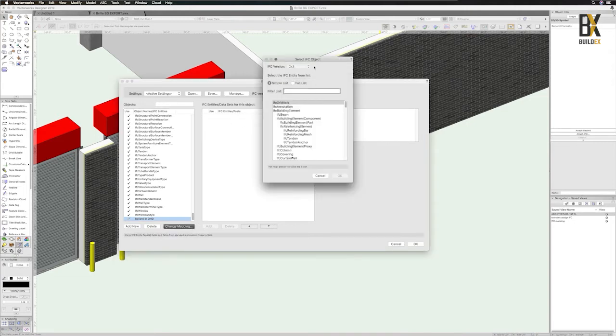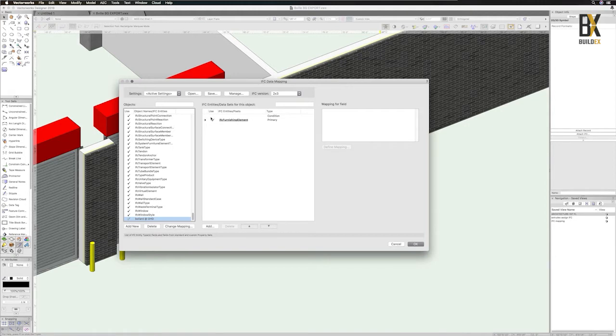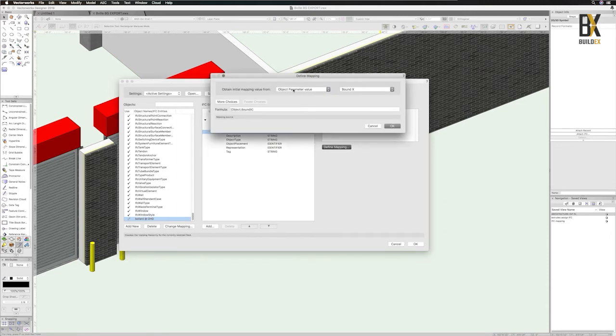So I click change mapping, and I can assign a specific type of IFC designation to this. In this case, it's an IFC furniture type or furnishing. And then through this process, I can expand this IFC data set, and then I can actually define a specific mapping. So here I'm clicking here, and I can